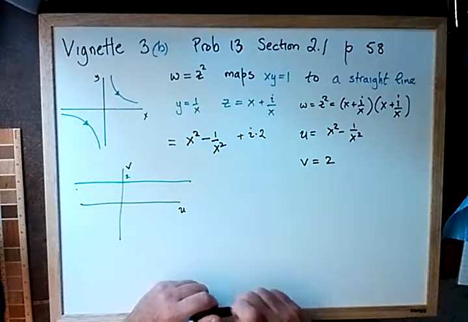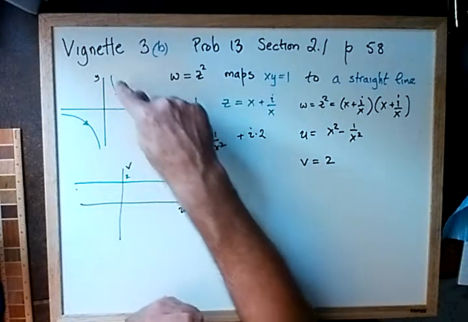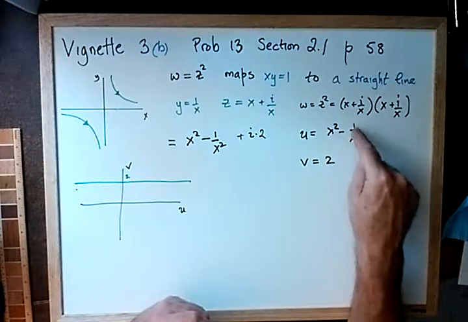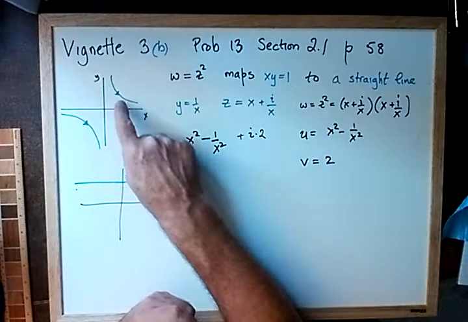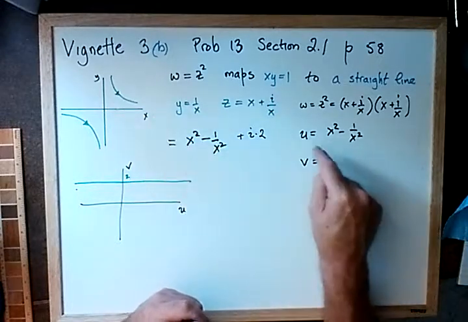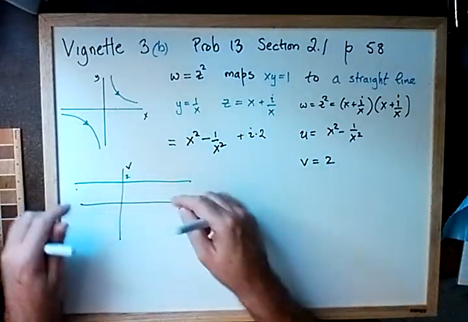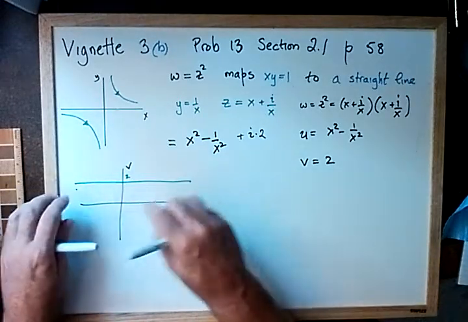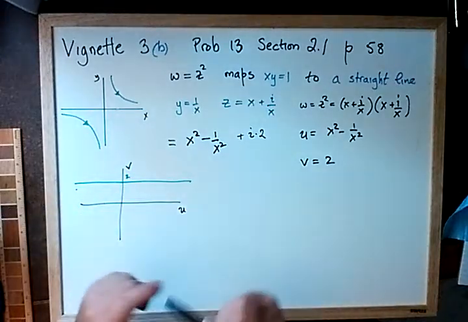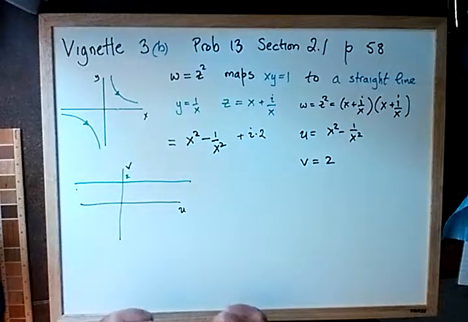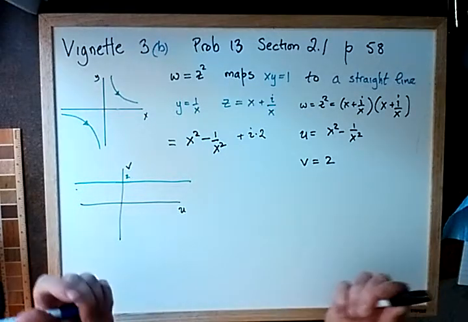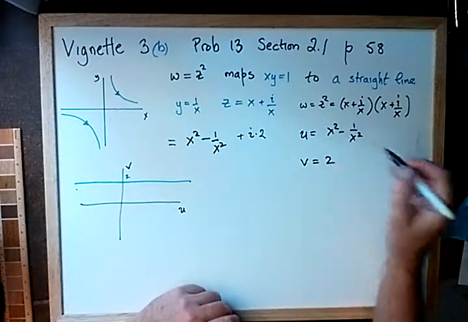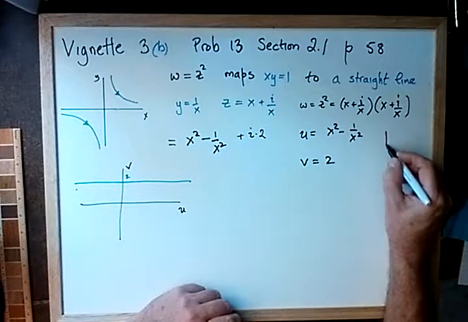Okay, well, we have to figure out what the range of x squared minus 1 over x squared is. One way to do that is just to think about what happens as x goes to 0. As x goes to 0, as we go backwards along here, this goes off to minus infinity. And as x goes off to positive infinity here, this part goes off to positive infinity. So we know we at least match parts out at negative infinity and parts out at positive infinity. The question is, do we actually cover the whole line? And is there any place in here that jumps over or does something crazy like that? That can't happen. If we draw the graph of u equals x squared minus 1 over x squared for positive x,